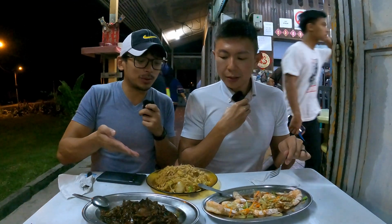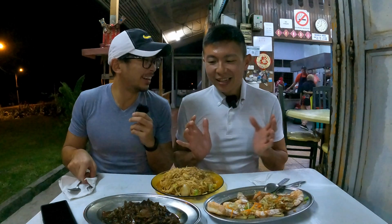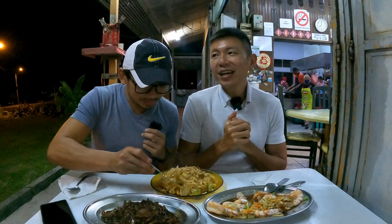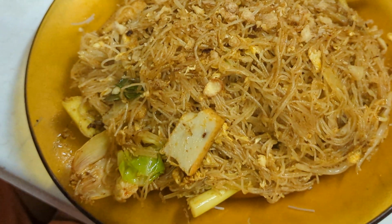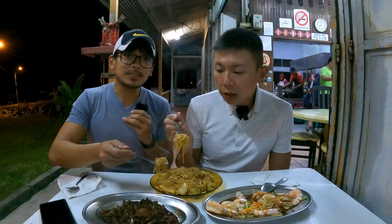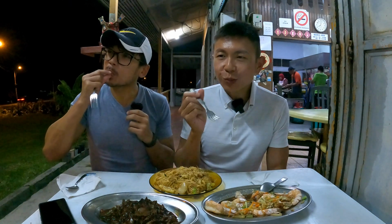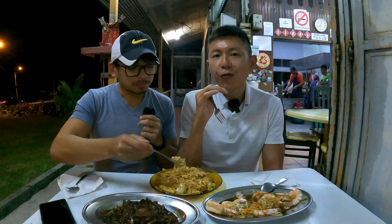So this is the fried bihun with the tom yum paste. How is it? Smells good. Asians always have some starch in their meal. Actually, the presentation of the dishes is very home cooked style, and it feels like you are eating at home. I can see a whole chunk of lemongrass over here, and I can see the fish ball, vegetable, egg, onion, cabbage, scallion. It's not like the tom yum smell in Thailand. Lemongrass. It's a very home cooked style kind of fried vermicelli,